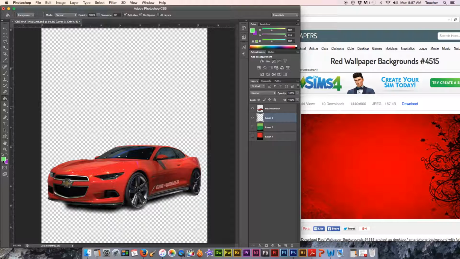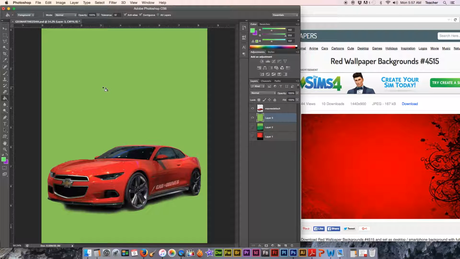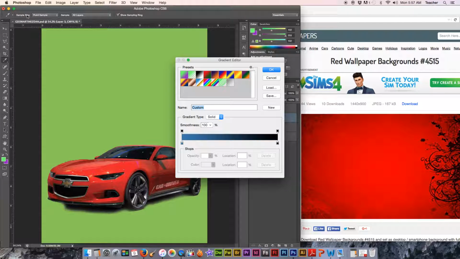Paint bucket, of course, as you know, you can just go ahead and grab the paint bucket with whatever color is on the top tab, and you can dump that right in there, and that'll fill your entire background. But if you want to do a gradient, you use your gradient tool. You click down on that tool where your paint bucket is, and you find the gradient tool. At the top here, you'll see that little,